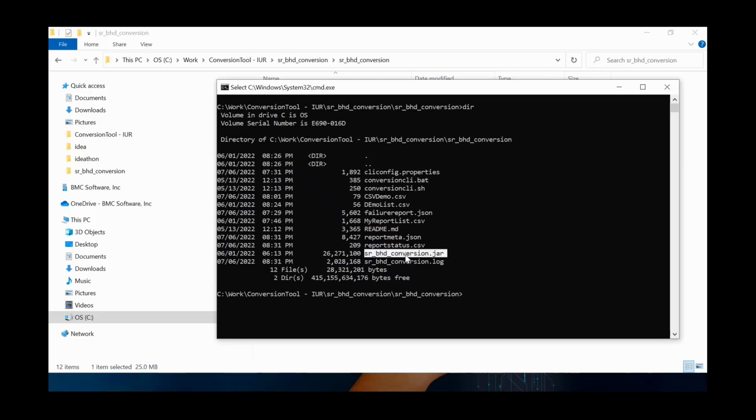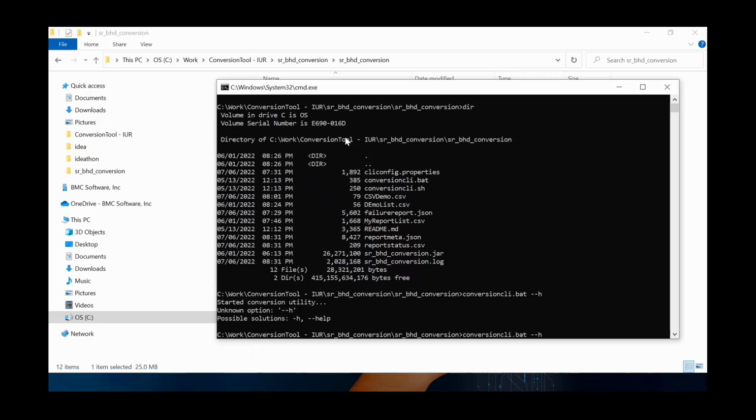Basically, it is invoking this binary using Java. We'll discuss in more detail the prerequisites for this. Basically, you need Java installed on the machine from where you are running this utility, and that will invoke the jar file. Since I'm running from the Windows environment, I'll just call this batch file